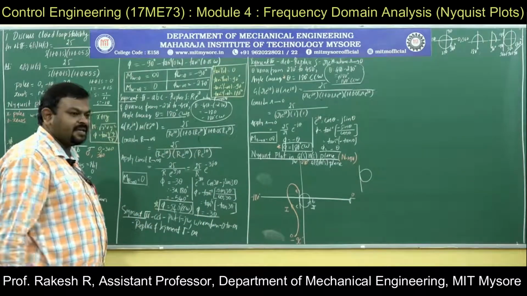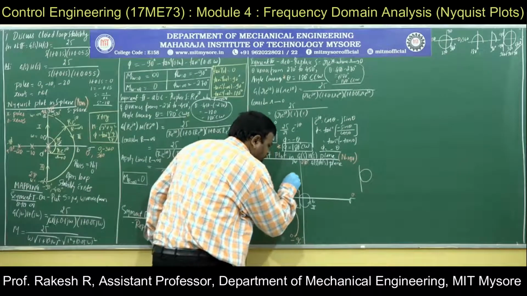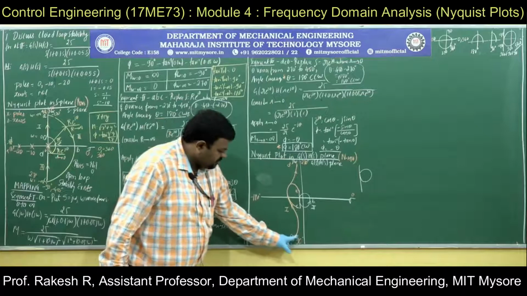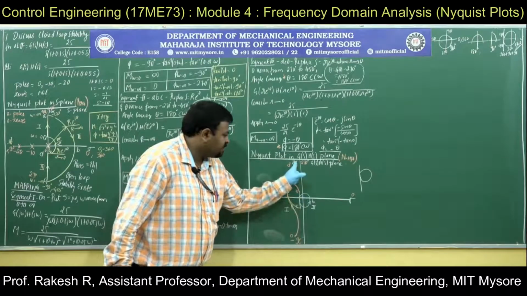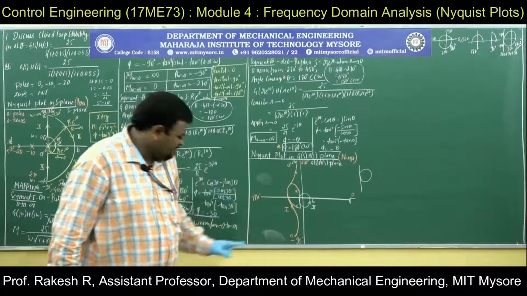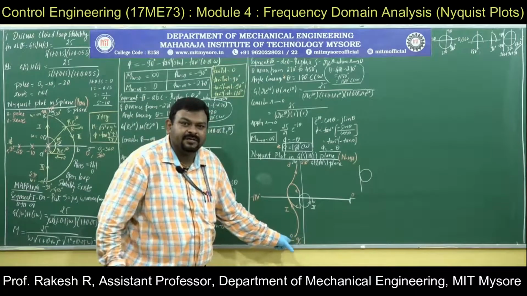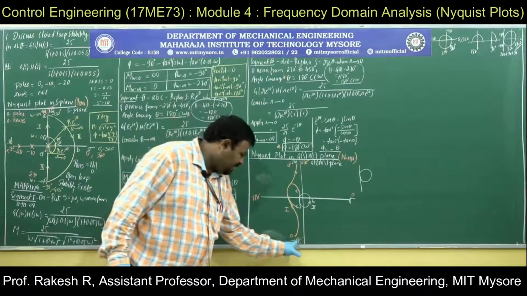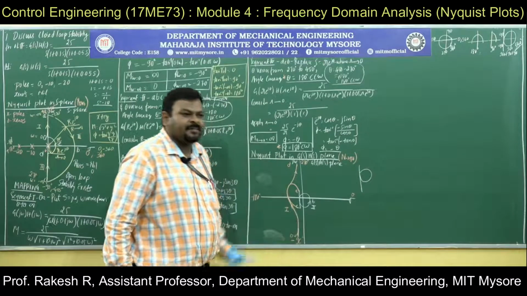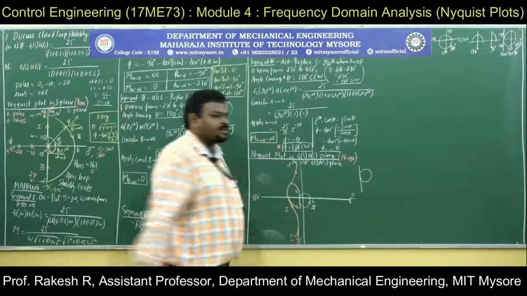Then after that, segment 3 is a replica of segment 1. I will write the same replica of segment 1, and this is segment 3, this is CD. It is almost nearer to 90 degree. It is almost nearer to 270 degree. Why are we not touching? Because it is coming from infinity. It should be parallel to this line. Where will you locate infinity here? That's why I have started parallel to the negative imaginary axis. Here also this is parallel to the positive imaginary axis.